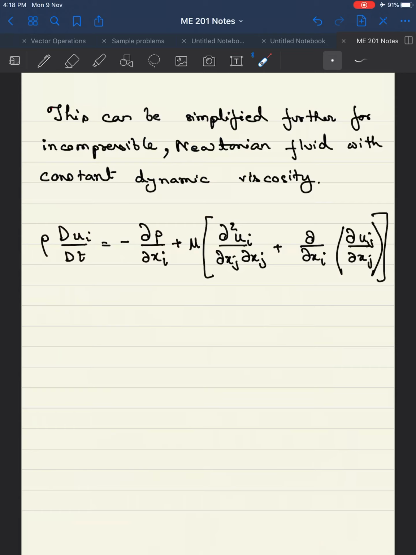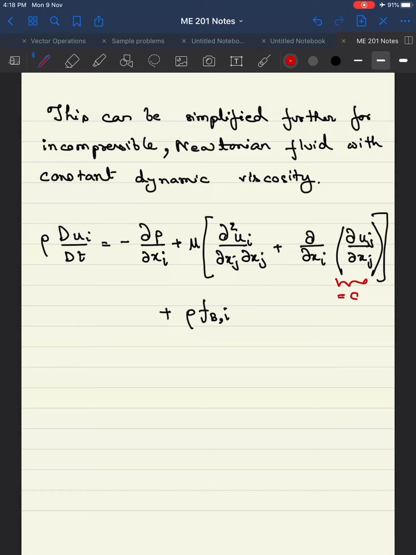The reason I swapped this will be quickly apparent to you. This is the body force term, and as I said, it's usually written last. Now the reason I swapped this is because this I think you will recognize immediately, and if it's an incompressible fluid, what's going to happen to this?